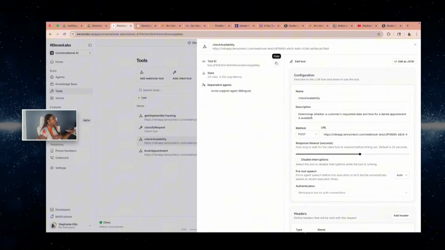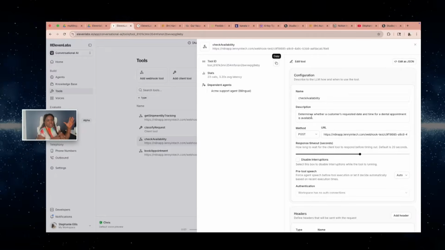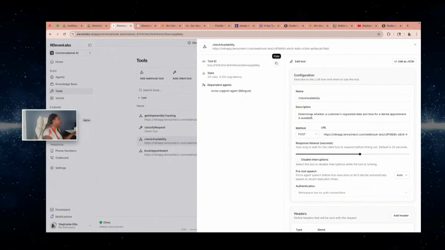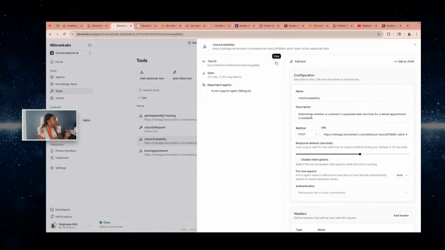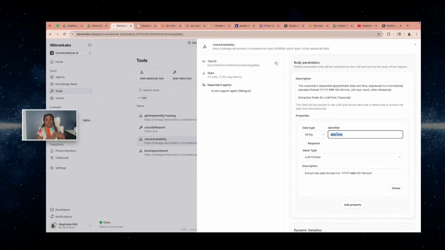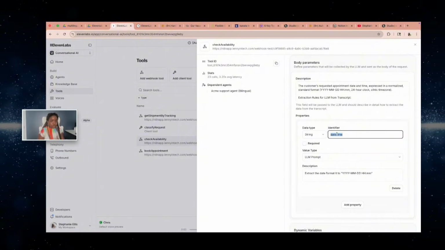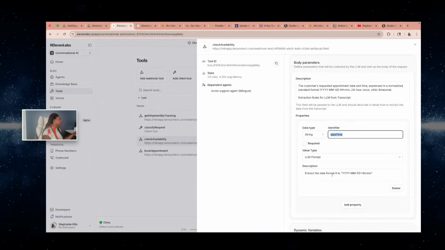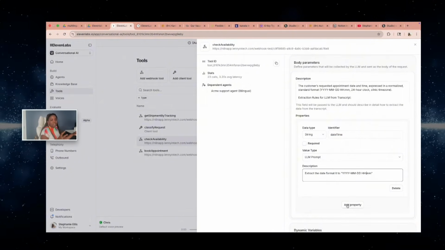And when I move into n8n, you'd see it would basically check the calendar and everything on our behalf. In order to know which dates to check for, it's basically passing this date time parameter, which is really the time that the customer requested from the demo you saw, okay? It extracts the date in this format and then passes it into n8n.